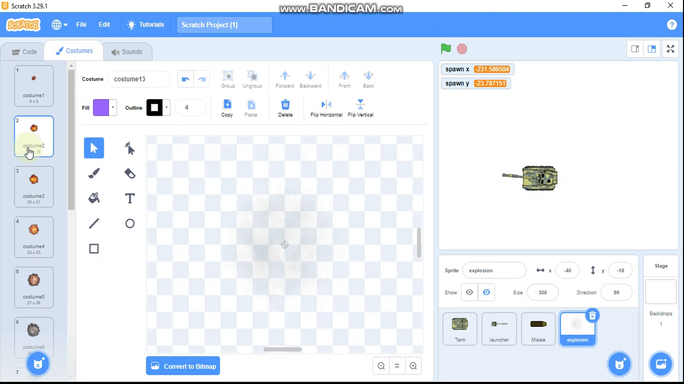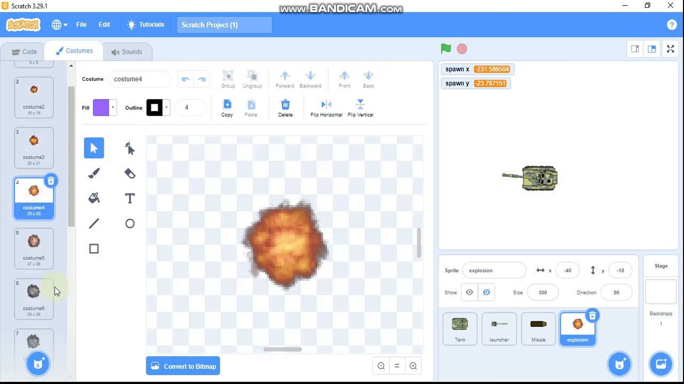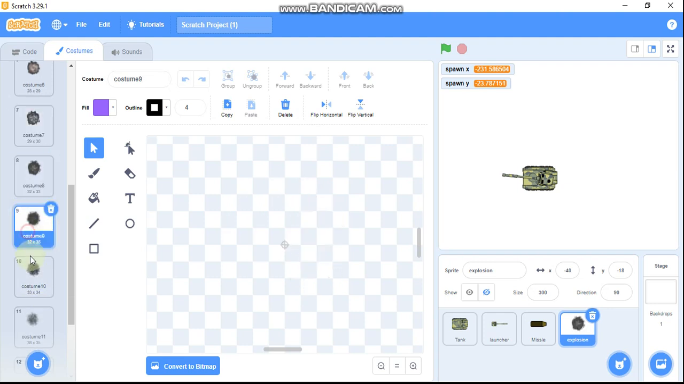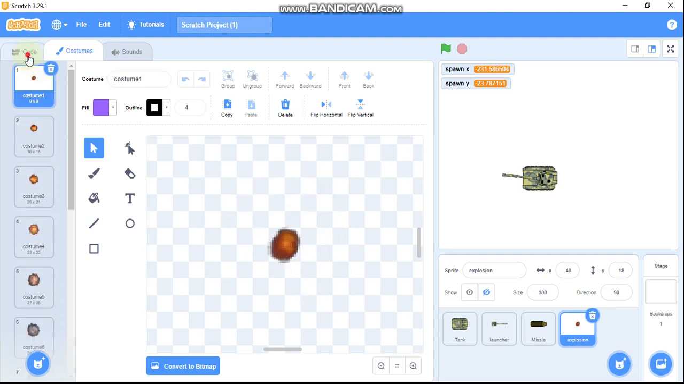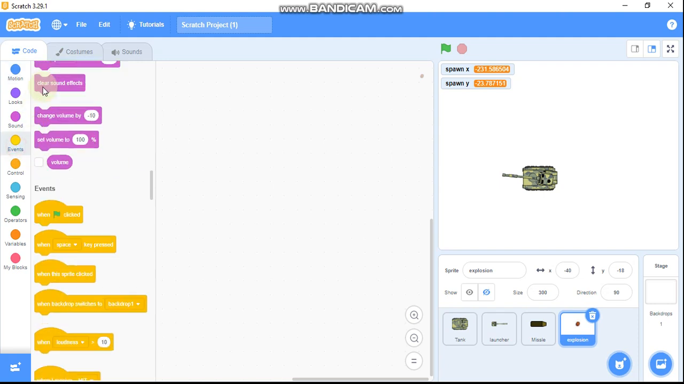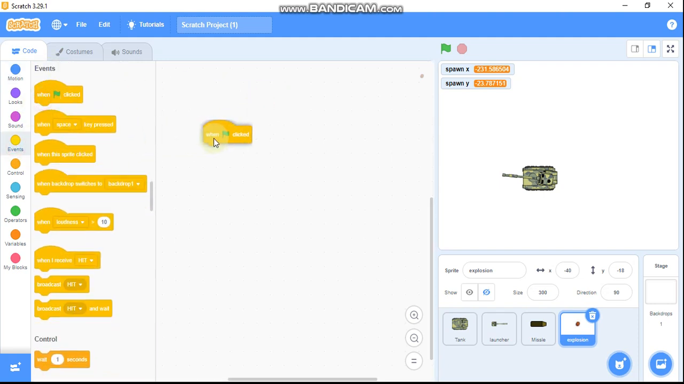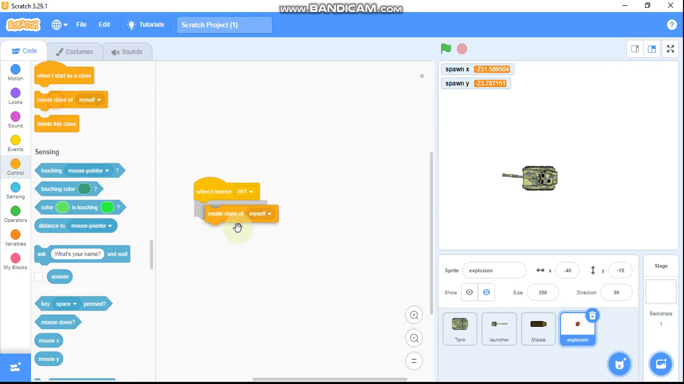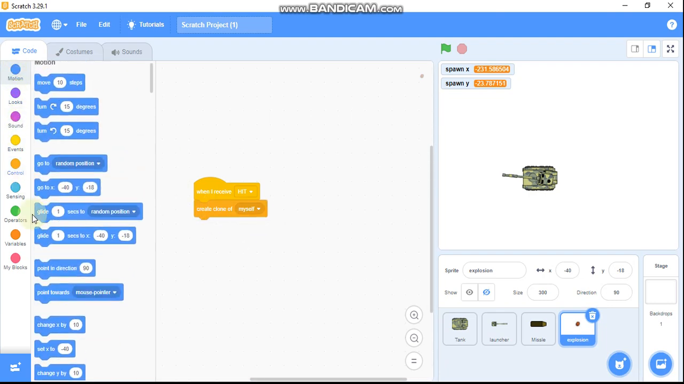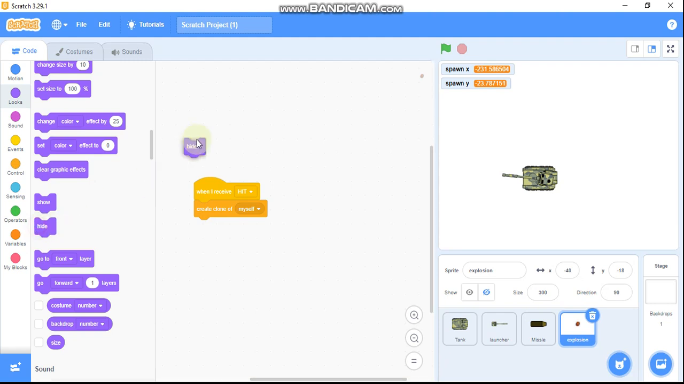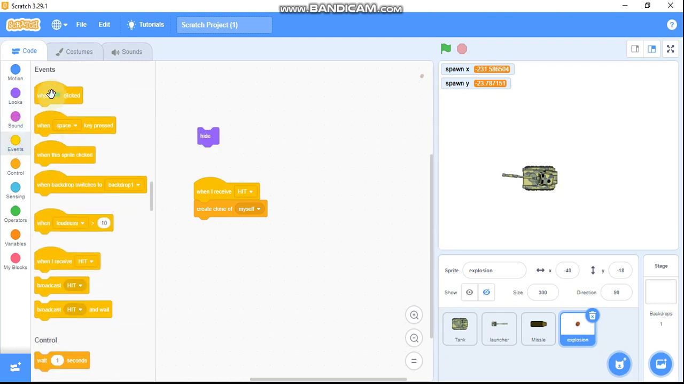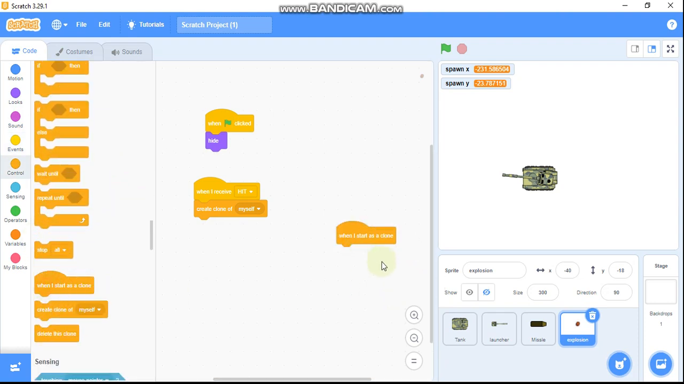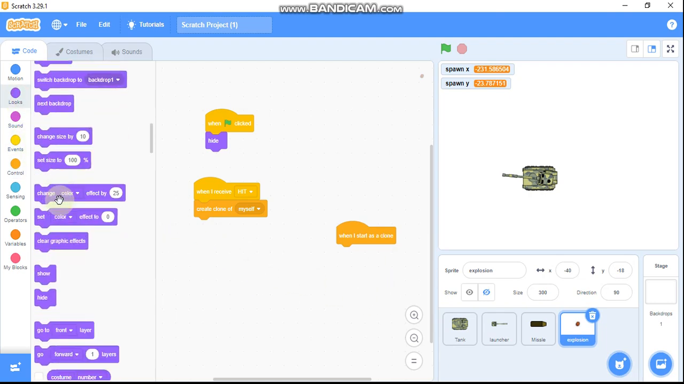Now to go to explosion. You can get this from my GitHub account. It's just an explosion sprite. So what I'm going to do is what we said earlier. When the flag is clicked, and when I receive it, create clone of myself, and of course when the flag is clicked, you want to hide so it's not seen. Then when I start as a clone, I want the clone to go to spawn X and spawn Y. The clone show, you obviously want to show